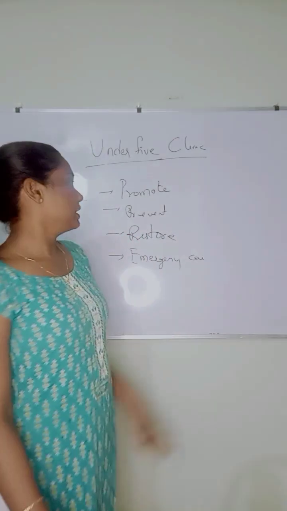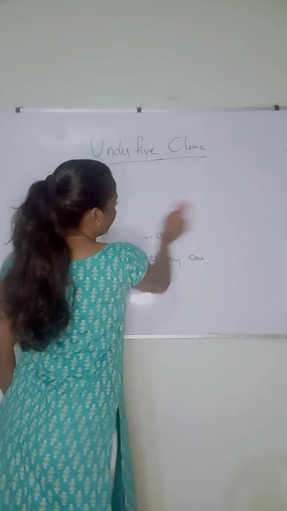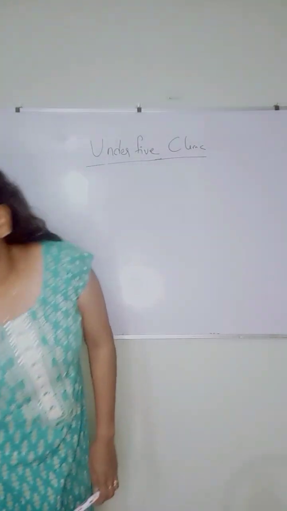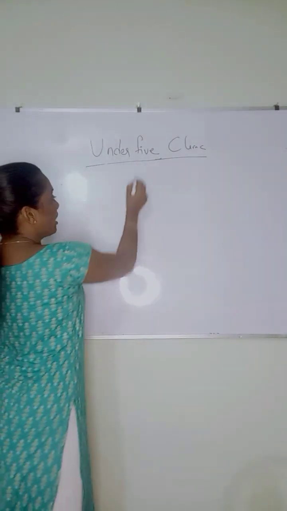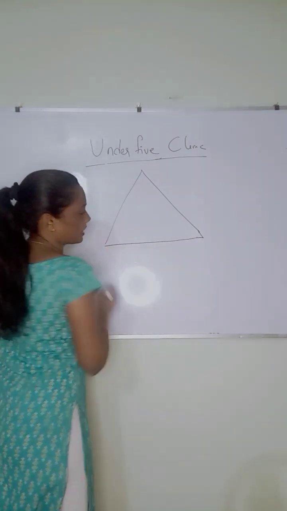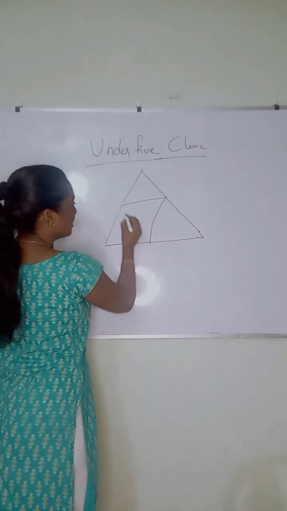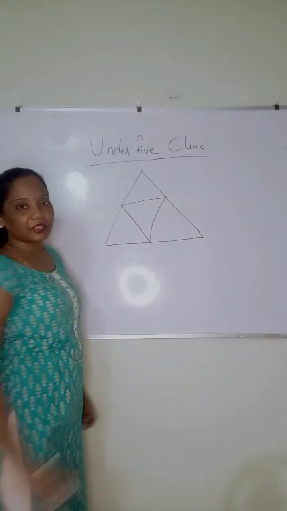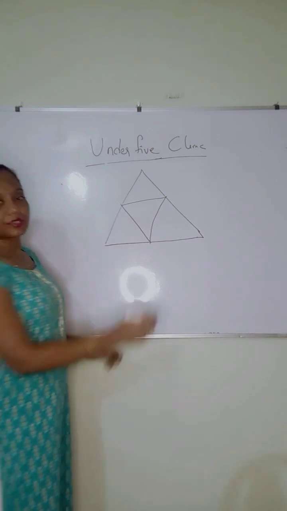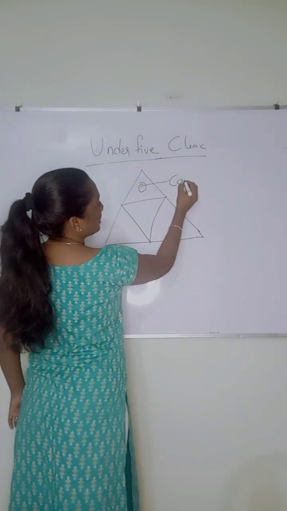In this clinic, they use one symbol, that is a triangular symbol. The main aspects of under 5 clinic are shown in this image, a triangular shape, and in the middle of this triangle, an inverted triangle shape is there. The first element of the triangle is care in illness,